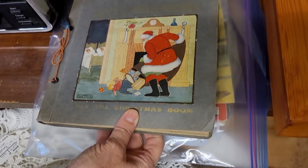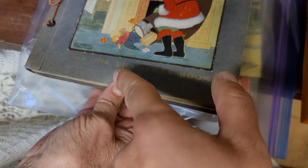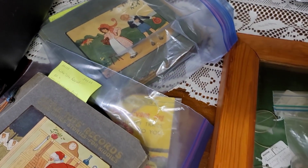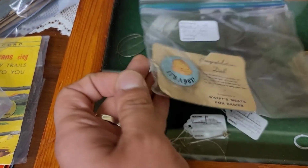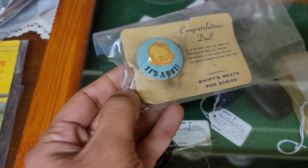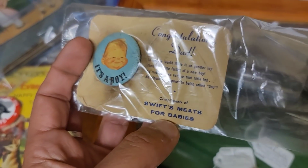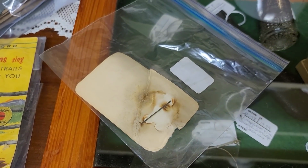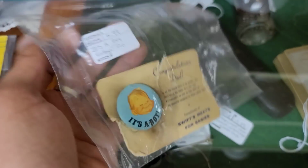I mean, it's in really good condition. It's cute, it's charming. Now, that one did have Santa Claus there on the cover, and we think that they came out monthly. So I don't know if it was a subscription service or something that you would pick up at your local five and dime, but look at this little congratulations, Dad. It's a boy. It's so adorable. It's just charming. I love the graphic on it. Again, it's just not something that I wanted to pick up for resale, but I definitely thought that it was something